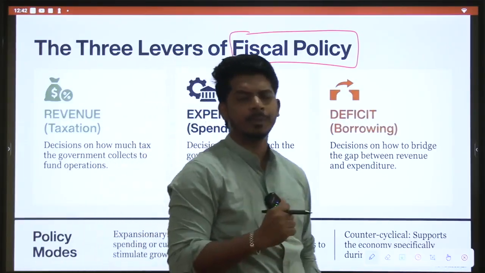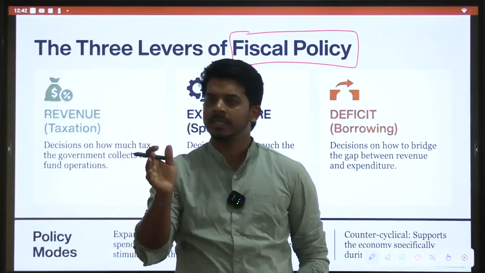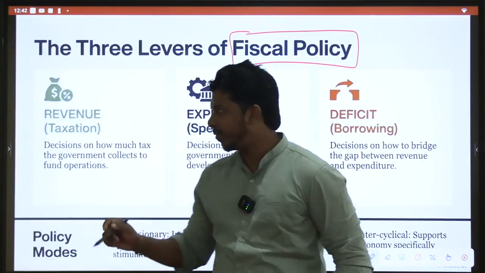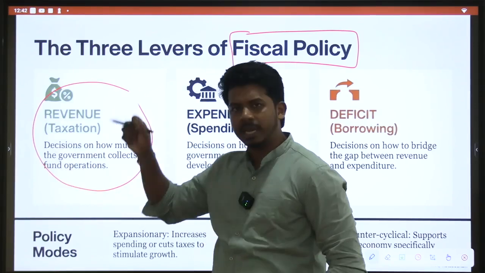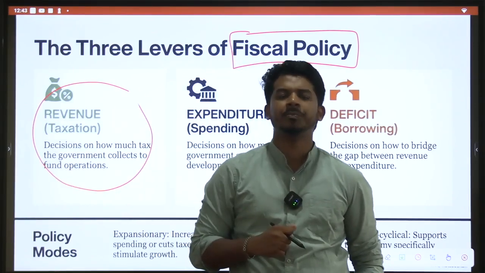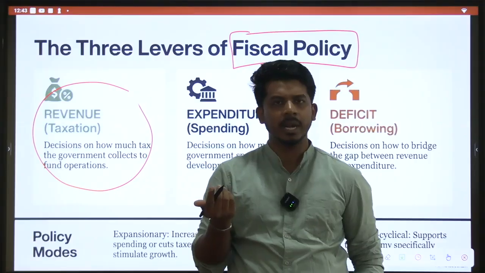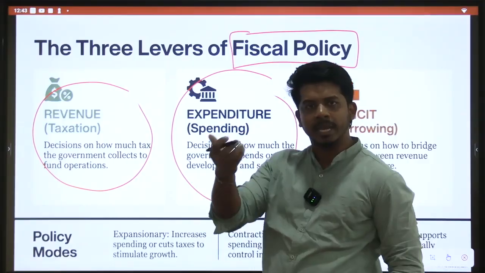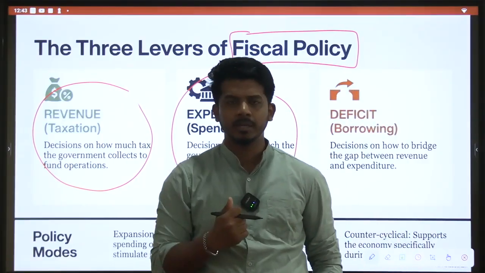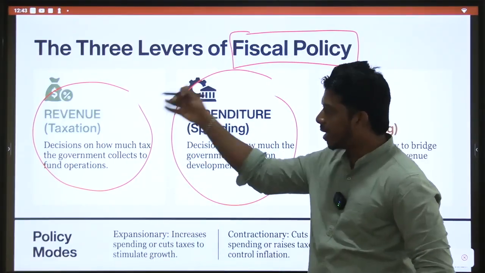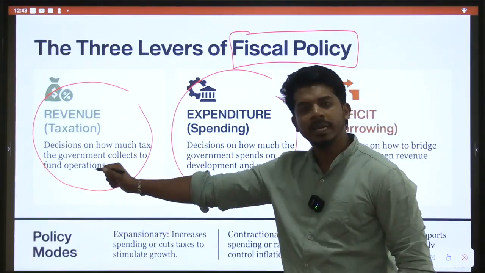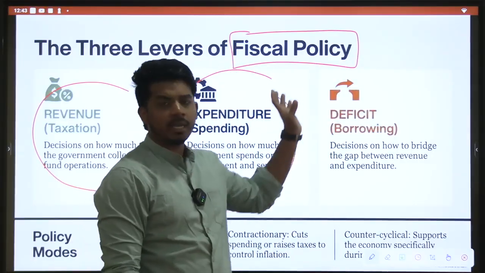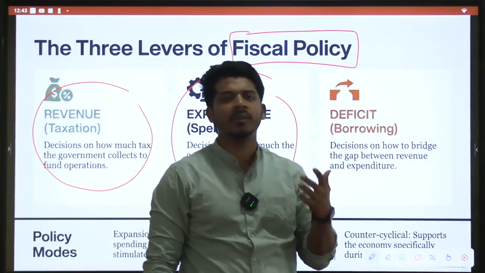What is fiscal policy? Every government, whether state or union government, will have certain revenues, like the Government of India collects taxes: income tax, corporate tax, and GST, etc. They will have certain incomes. They will have certain expenditures, like the government has to pay salaries to government employees, army personnel, etc. So, managing the policies related to revenue and expenditure in such a way that your economy operates at the most efficient level is the fiscal policy.